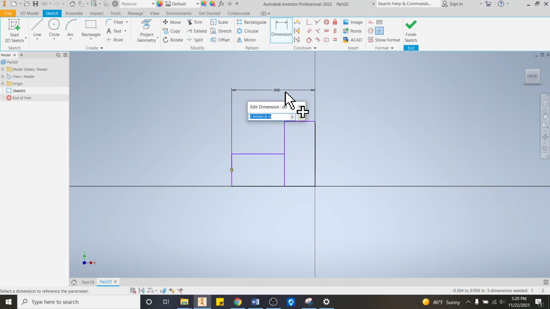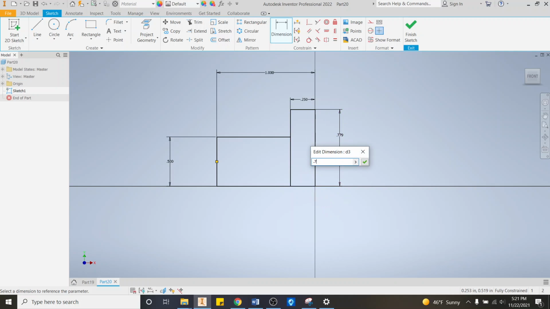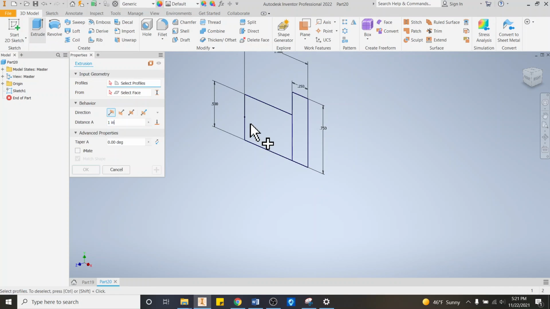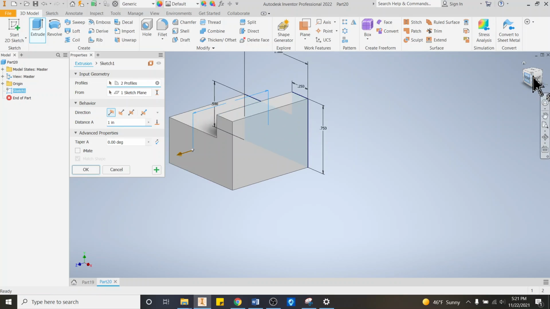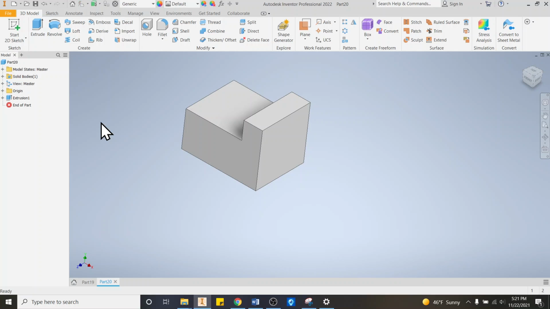So here to here, let's make that 1 inch. Maybe make this half an inch. And I'll make this 1/4 of an inch, like that. And then maybe the height here as well. Let's make that 0.75. So click OK. So I've got this kind of a block thing, and I'm going to extrude this like that. Mine's defaulted to 1 inch. I'm going to make it half an inch instead. 0.75. Let's try that. And then once I've got that,